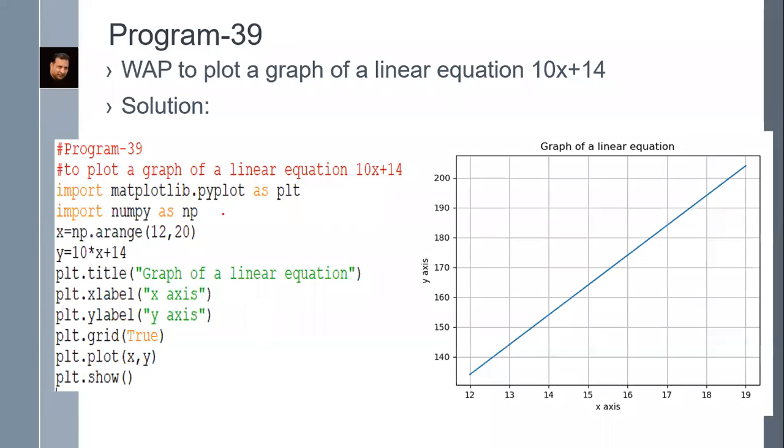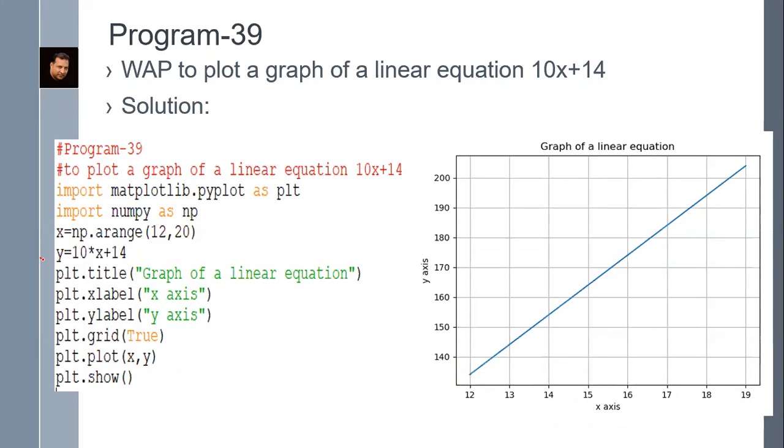Import matplotlib.pyplot as plt, import numpy as np, x is equal to np.arange. We have taken some random values for x, 12 to 20. So it means we will have values 12, 13, 14, 15, 16, something like that, till 19, that is n minus 1.